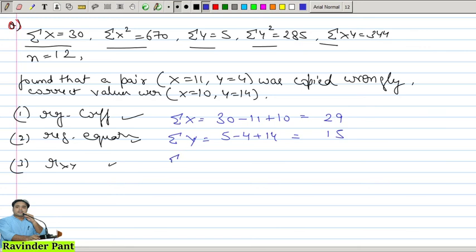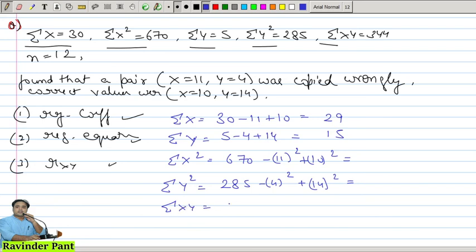Then summation x स्क्वायर 670 था, गलत वैल्यू का स्क्वायर माइनस कर दिया जाएगा और सही वैल्यू का स्क्वायर आप ऐड कर देंगे, निकाल लीजिएगा. y स्क्वायर 285, गलत y को माइनस कर दीजिए और सही y को ऐड कर दीजिए, निकाल लेंगे करेक्ट प्रोडक्ट एक्स वाई। ओके, सो दिस वाज द इनकरेक्ट वन। इसमें माइनस कर देंगे द इनकरेक्ट प्रोडक्ट, यानी कि 11 और 4 का जो प्रोडक्ट आया वो गलत ऐड हुआ होगा। इसमें ऐड कर देंगे सही वाला प्रोडक्ट और वैल्यू आप यहां पर लिख लेंगे।